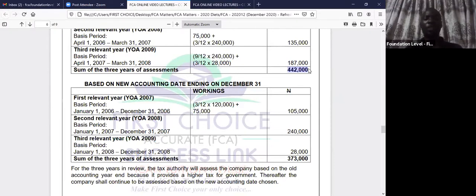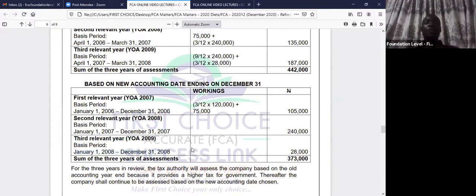Now, coming to this change of accounting date, after choosing these 3 dates, that is the old rule that we choose, right? The fourth, the one after it, must continue from the new accounting date because they have changed their date. So you no longer follow this old date. Whether you choose this old one or this new one, doesn't matter. The next account must follow this because this is now that the 1st December is agreed to be the new date you are making up your account. So it must be following this new accounting date.